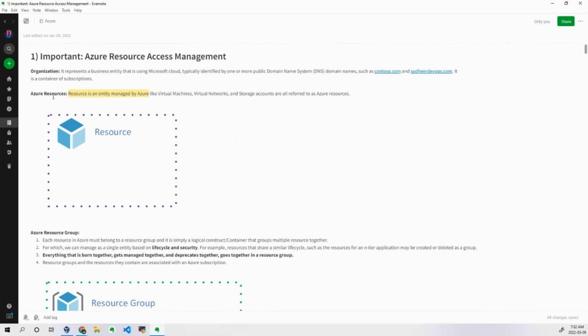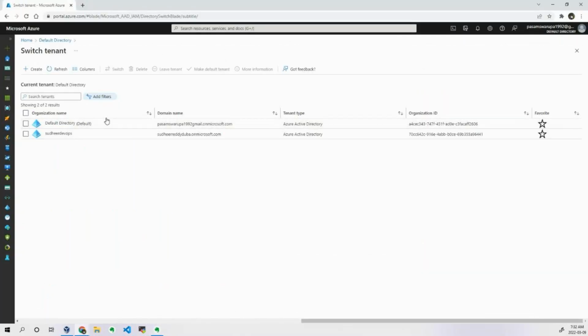Now, that is an organization. It represents a business entity that is using Microsoft Cloud, typically identified by one or more public domain names. This is the default one, contoso.com, and then we have sudhidevops.com. So what is an organization? In the sense, it is nothing but a tenant.